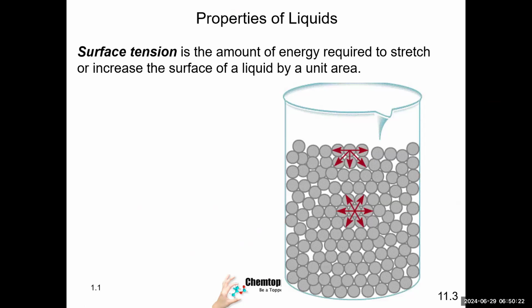Look at this liquid. Now in this liquid, if you look at the surface molecules, this surface molecule, is it uniformly attracted from all directions? No. So what kind of force is there on this molecule? A downward pull, can I say? A downward pull. So all the surface molecules have a downward pull, which is called surface tension. So the molecules on the surface are pulled inside. If I want to stretch them,